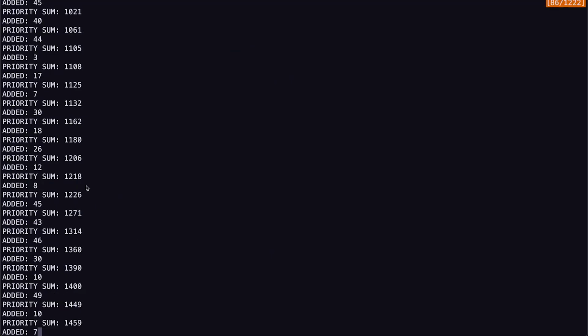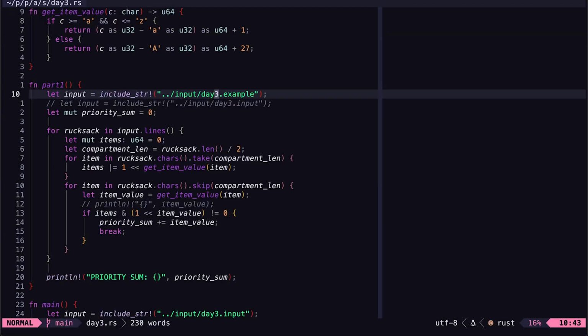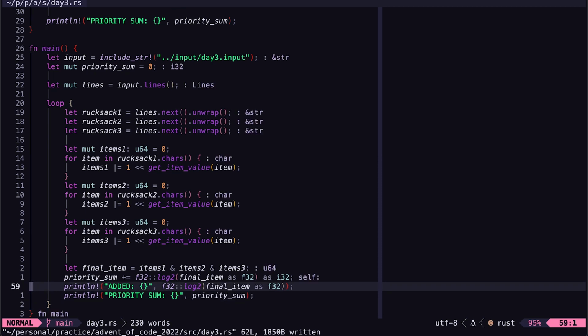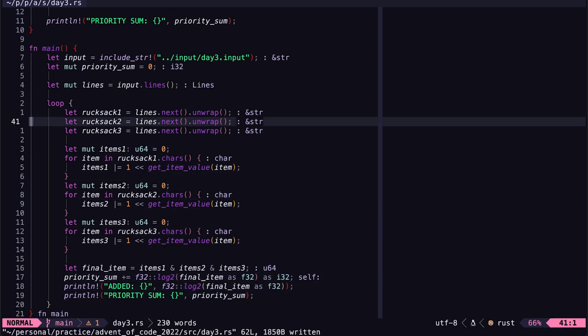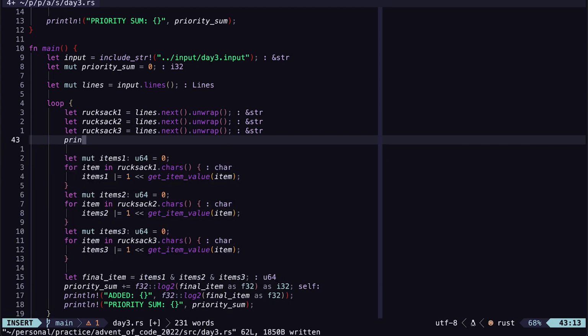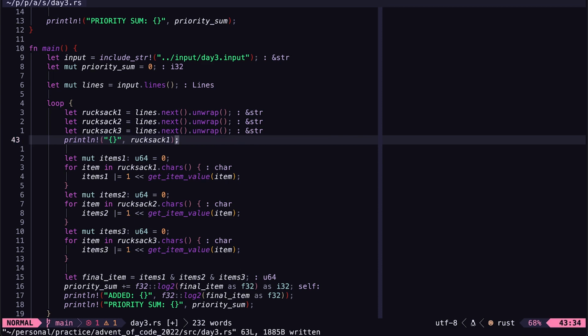It should only be 70. It's adding more than the number of lines that exist. I don't think that is intentional. Let's just print out the values of